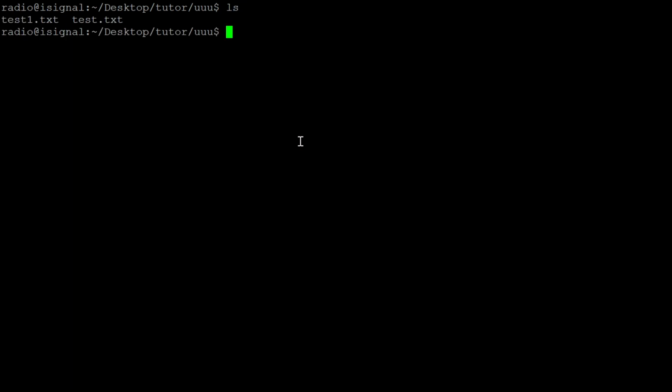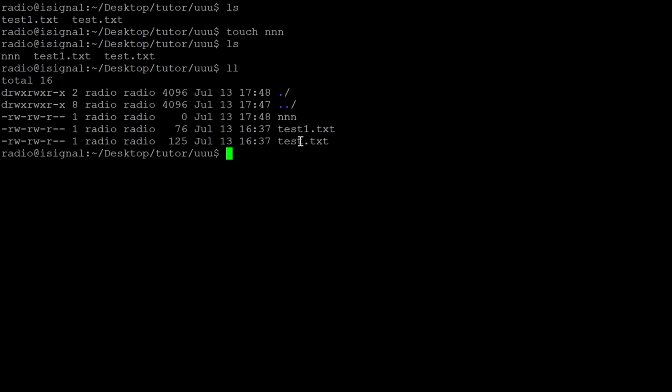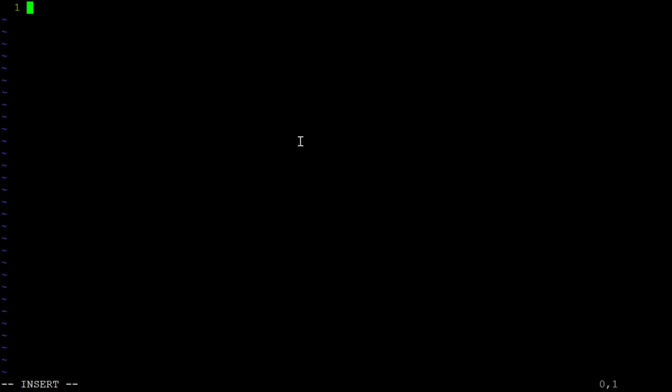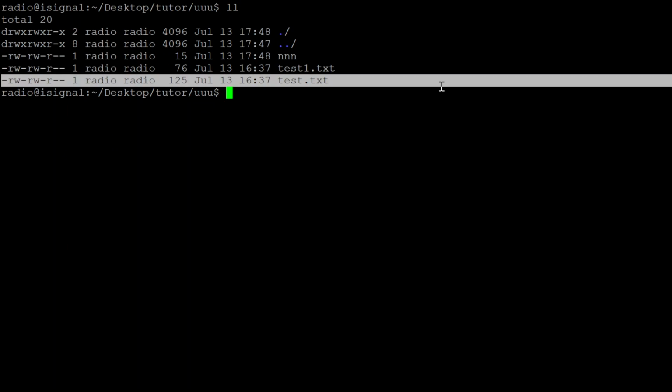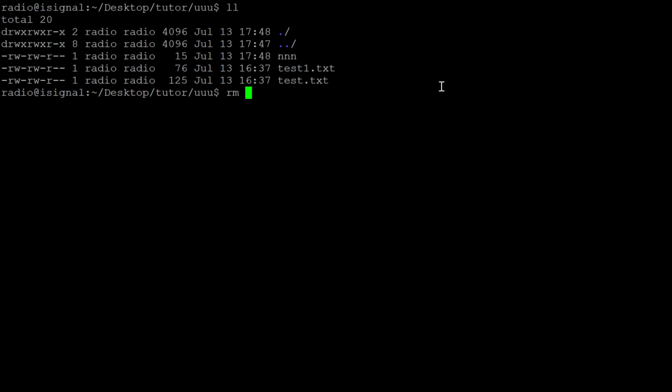Let's say, for example, touch some n. This is the file name we have created and we don't have any contents. Let's try to write to the n file, so it contains some data. I'm just writing. Now we have some data in n. Now I'm going to delete. So rm is the command which is used for deleting only a single file name. If you are giving just rm n. Now let us check it.